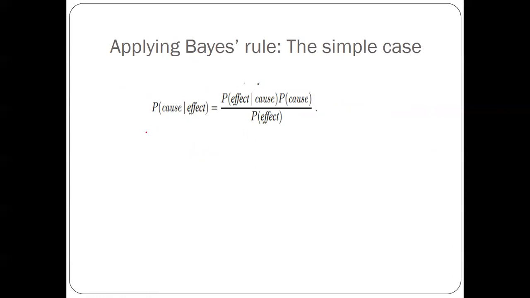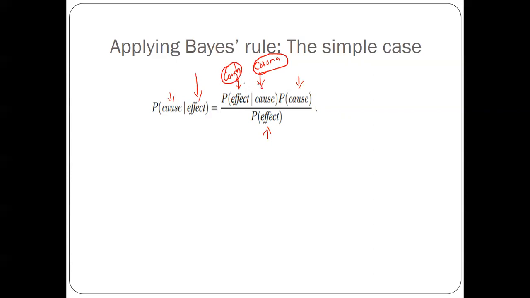So here is another way of representing the Bayes rule. Probability of cause given the effect. So the effect is there, then what is the cause, right? This is equivalent to probability of effect given the cause, into probability of cause, divided by probability of effect. Assume that the effect is cough and the cause is, say, corona disease. If somebody has the disease corona, then they will surely suffer from coughing.